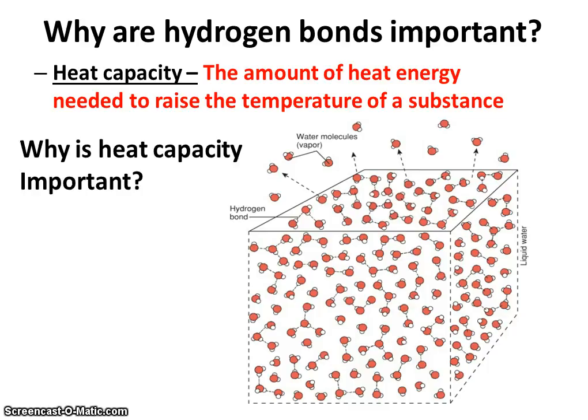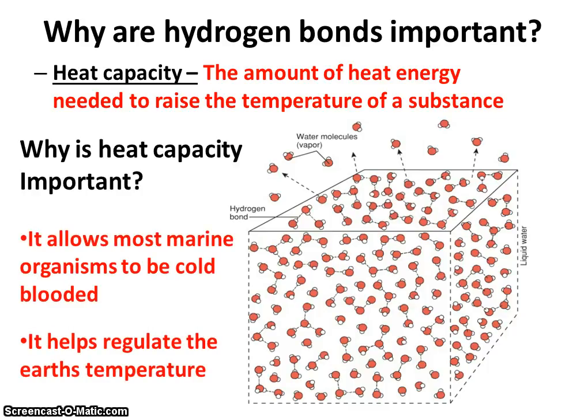The other reason why water's heat capacity is very important is because that allows water, specifically the oceans, to regulate the Earth's temperature. The oceans will heat up cool air above them in the poles, and they'll also cool down hot air above them on the equator. And this keeps the air above the oceans at a relatively stable temperature, just like the oceans themselves. You might have probably noticed this. If you go to the beach during the summer, the beach is always a couple of degrees colder than it is farther inland. And that's because the oceans take a lot of energy to heat up. They heat up a lot slower than air, and they're actually cooling down the air around them.